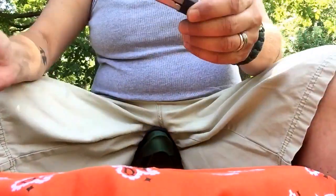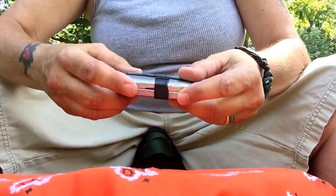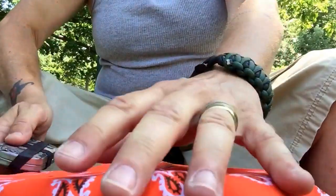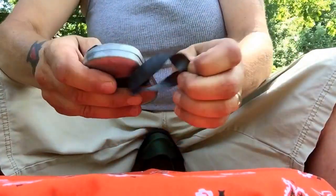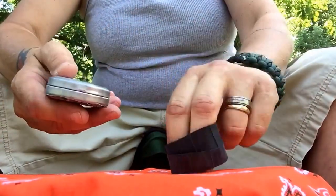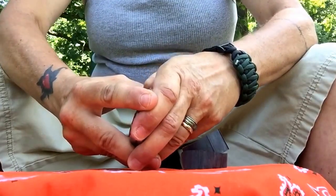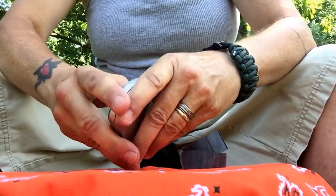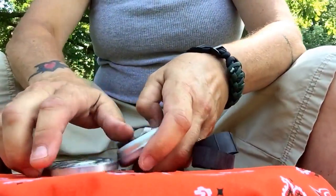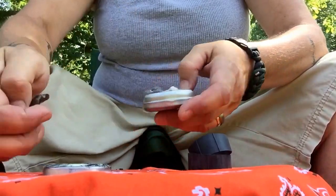And I have another camel snuff can that I've also put some Ranger bands on. And this is kind of my flint and steel kit. And Ranger bands are really good for fires too. I always have a hard time getting in these darn things for some odd reason. There we go. All right, so flint,